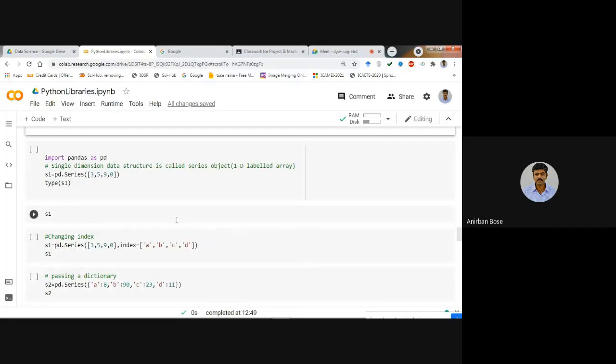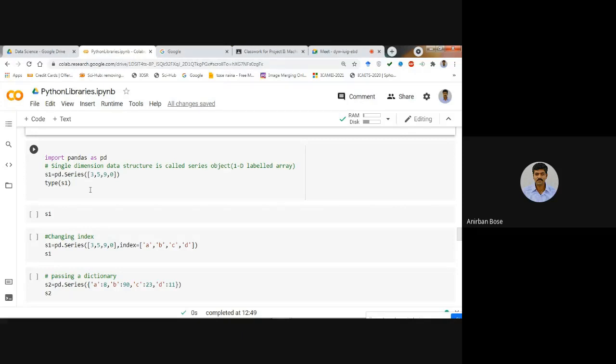So the first thing is that to use pandas, first of all, if it is not there within that particular framework or within that particular IDE, you have to install it by the command pip install pandas. And if it is already installed, then you can give a short name to pandas as pd, like import pandas as pd, exactly what we have done in case of NumPy. So after that, instead of pandas, we can write only pd. Let us consider we want to create a one-dimensional labeled array. So pandas creates labeled arrays.